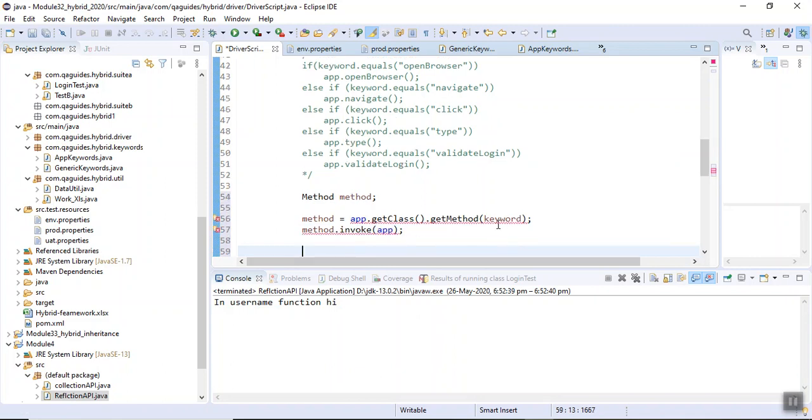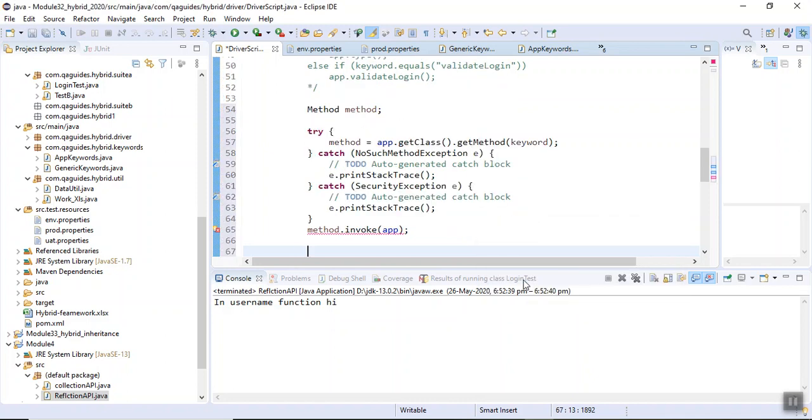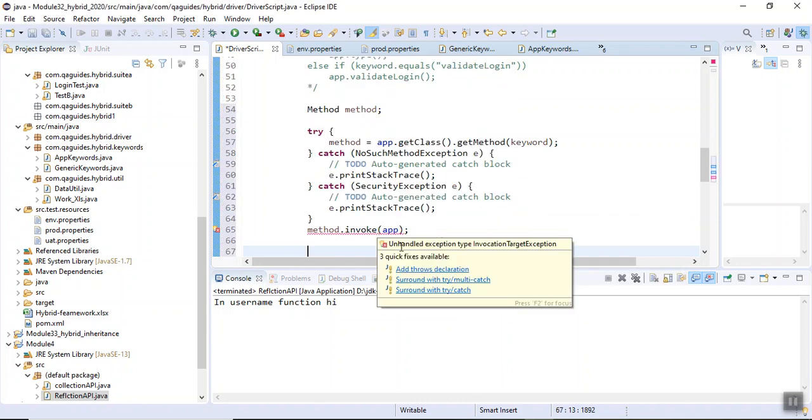Why is it showing us an error? Add throw declaration, surround with try/catch. Let me put it here only.